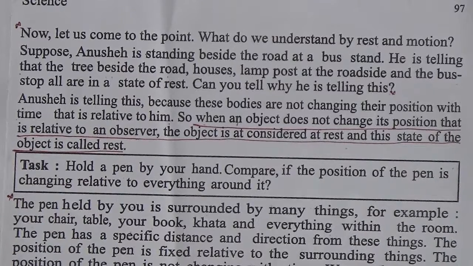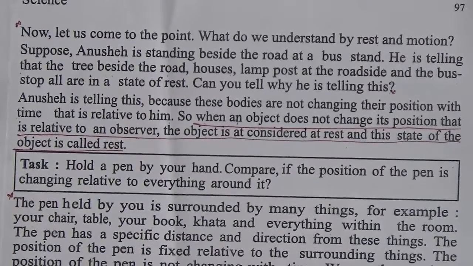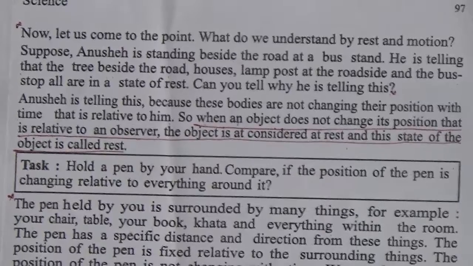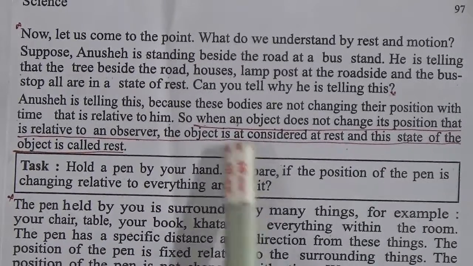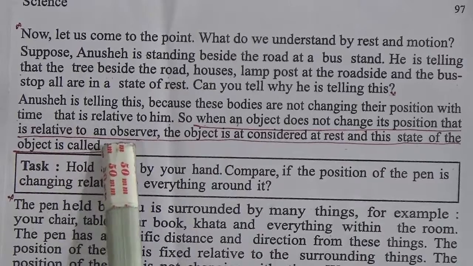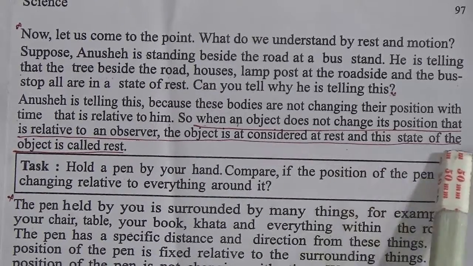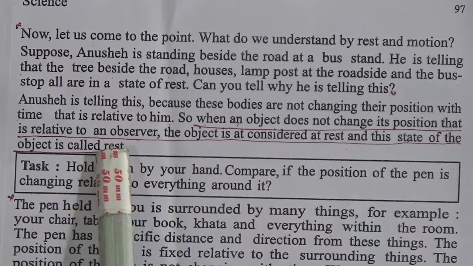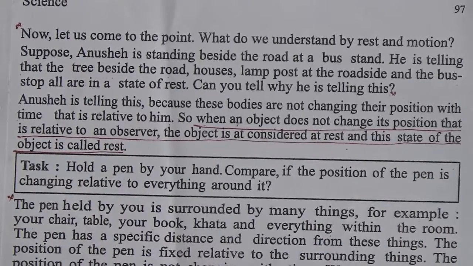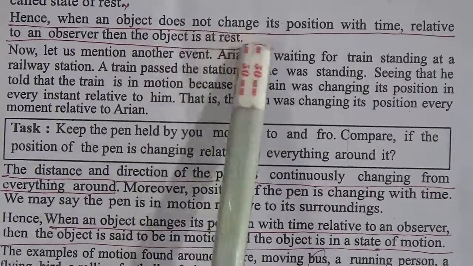In this chapter, we will at first discuss what is rest and what is motion. When an object does not change its position, we call it a rest position. So, when an object does not change its position relative to an observer, the object is considered at rest, and this state of the object is called rest. Hence, when an object does not change its position with time relative to an observer, then the object is at